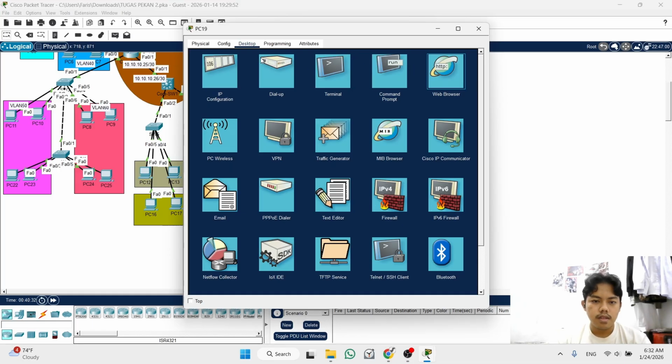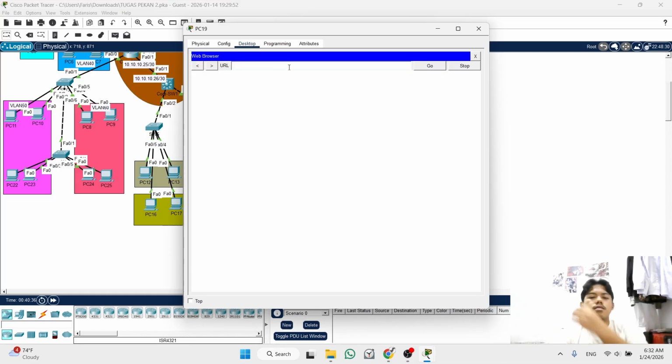And now we will try if the computer can access Aguna course with HTTP, agunacourse.com. We wait. Usually it doesn't work.